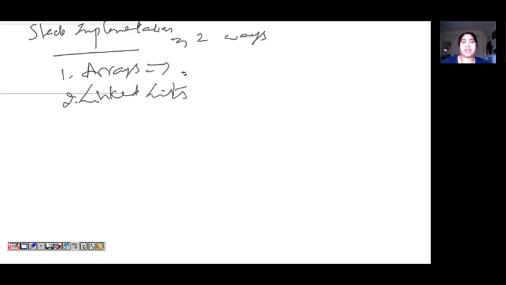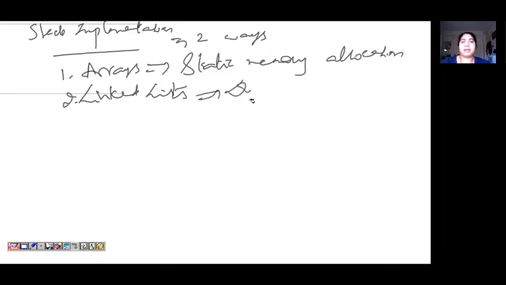Arrays indicate static memory allocation, and linked list indicates dynamic memory allocation. We'll see in detail how you can implement in linked list and arrays later.